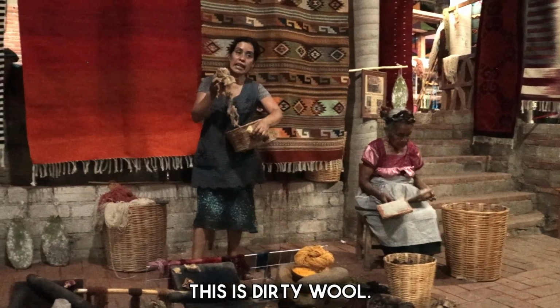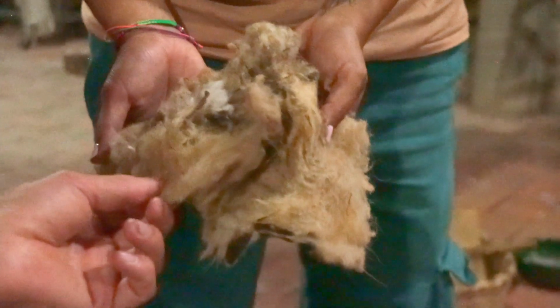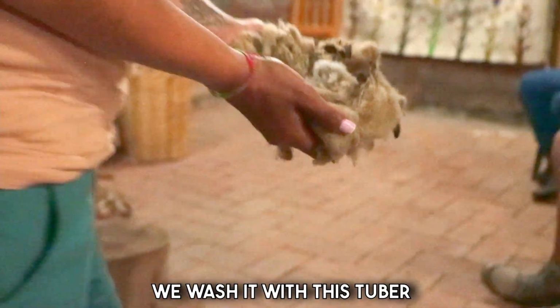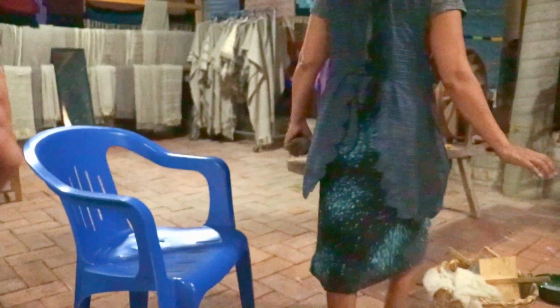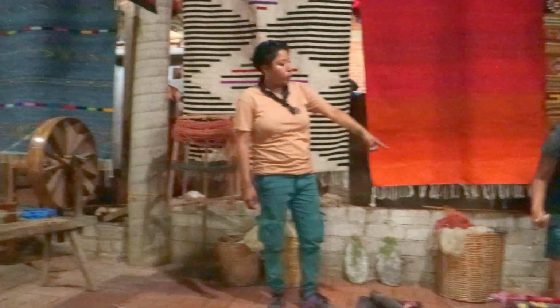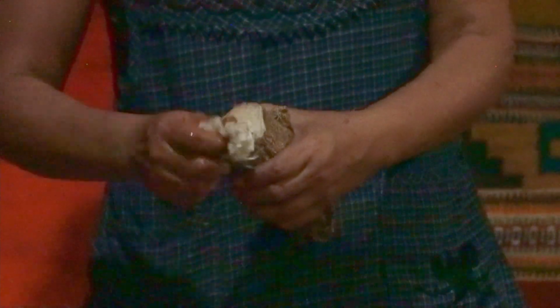Esta es la lana sucia. Nosotros aquí trabajamos con la lana. This is how they buy it. Okay, it's oily, has different textures, it's all tangled up. Tenemos que lavarlo con este camote que se llama amole. So what they need to do first is wash it. With a plant. Yes, a root. They wet the wool and they just scrub it up against the root, and it's just going to act as